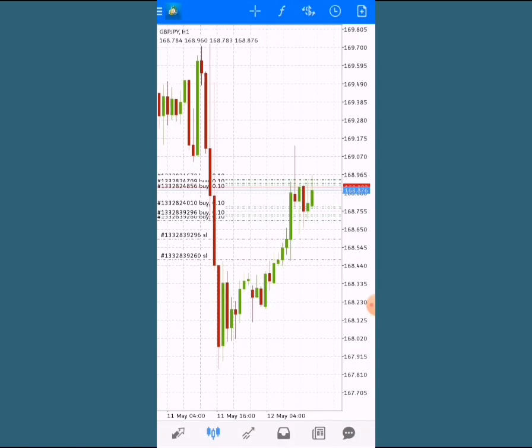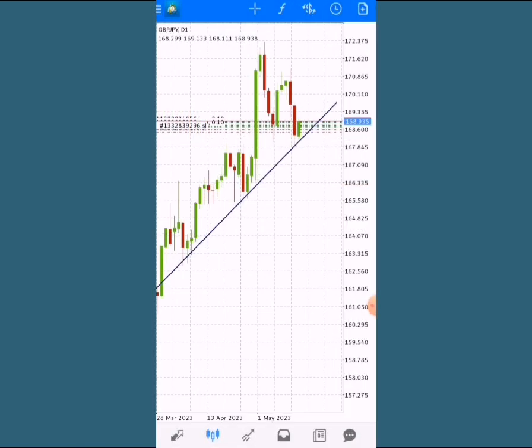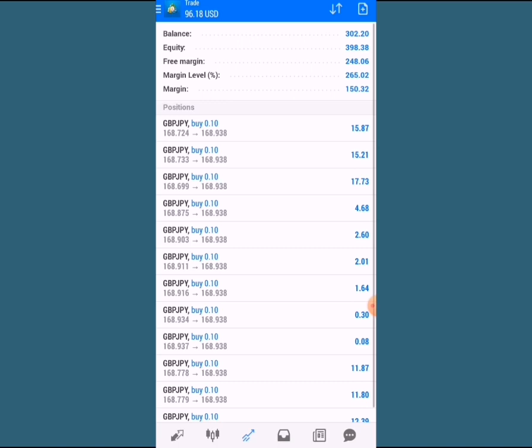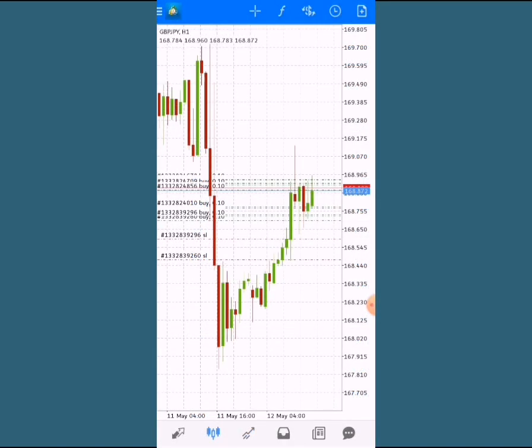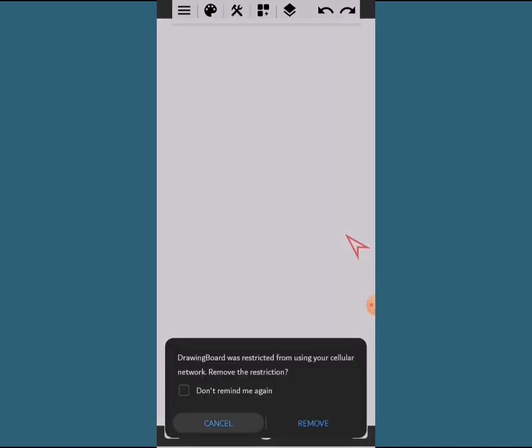I'm going to show you how I took these trades, the strategy that you can also use. Very simple, very easy, guys. I don't know why we choose to make things difficult. Let's start right here on